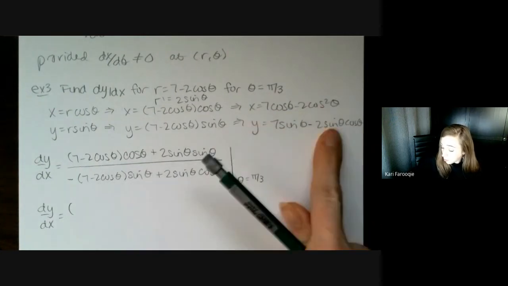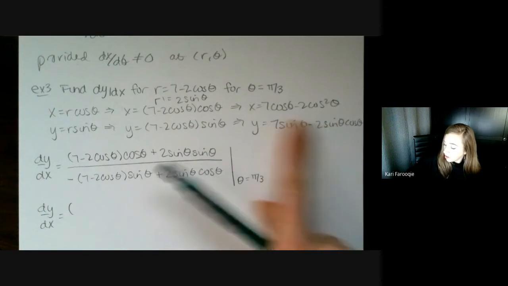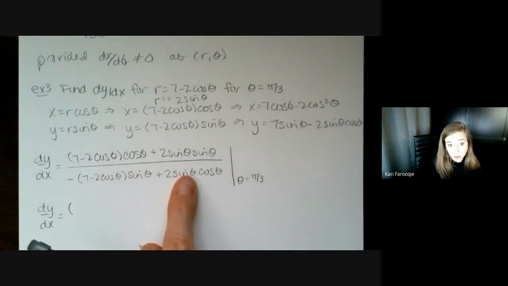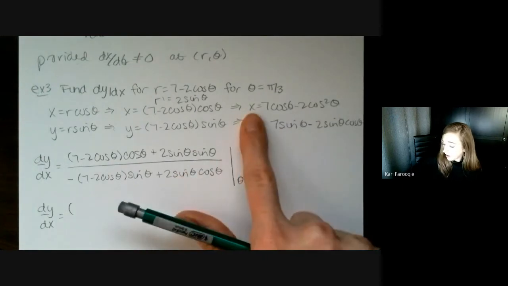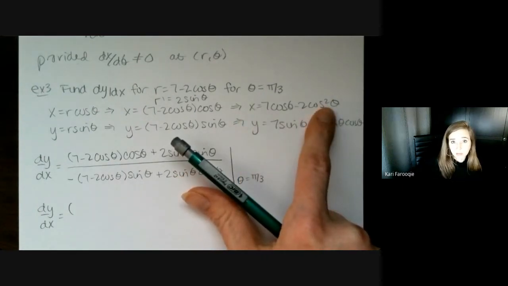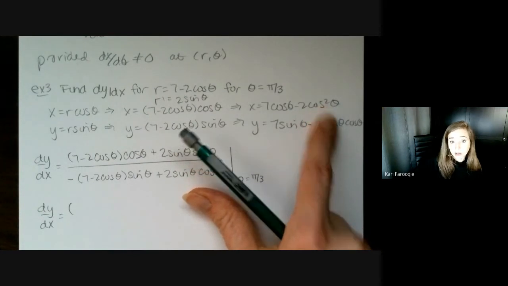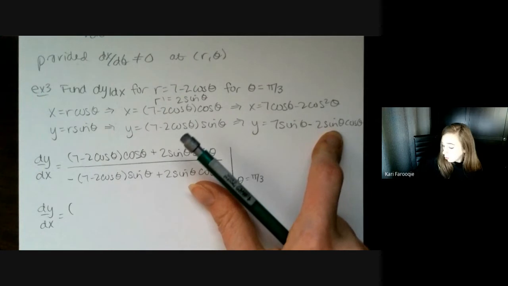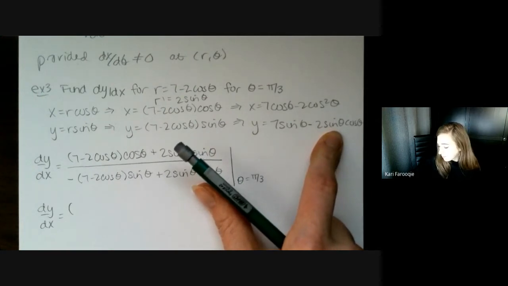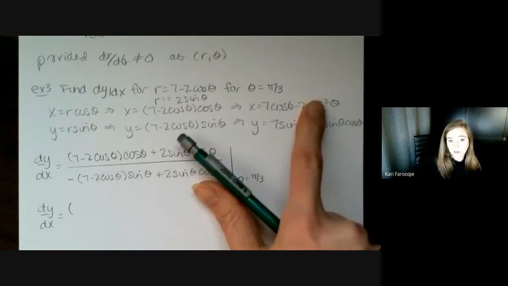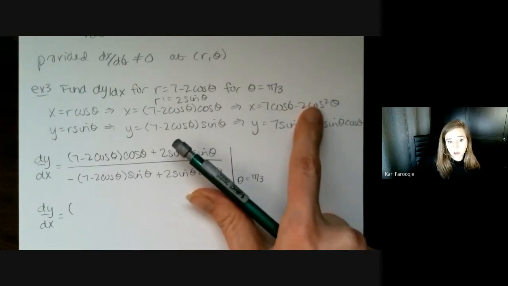And as you can see here, even if you did it with this method of parameterizing this polar equation, you would still end up with kind of crazy derivatives. That's what makes the formula a little bit nicer, because if you had to find dx d theta, you would have to use the chain rule here and make sure that you were using it correctly. And then for this one, you would have to either use the product rule, or you would have to turn this into sine 2 theta and use the chain rule. So it's definitely harder to do this method.